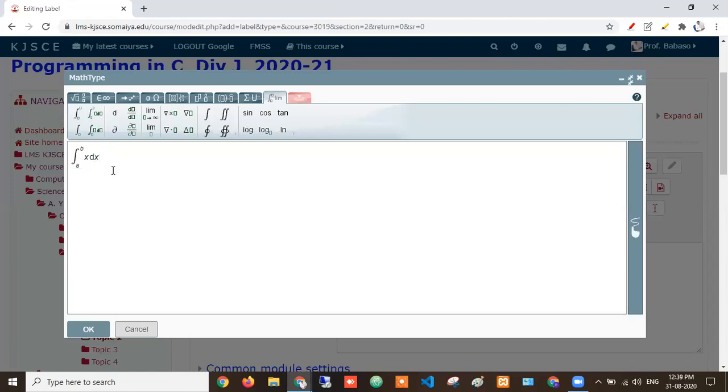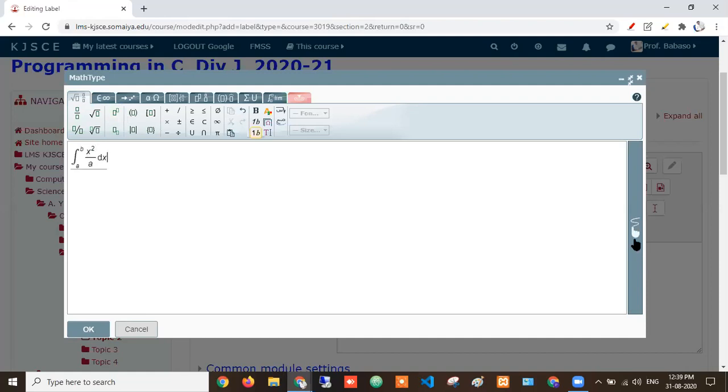Suppose you want to write an x square equation. Just say x here, choose this option, select it. Or for this type of equation, you click here x, and if you want to make x square, just type x square here and you will get these equations.